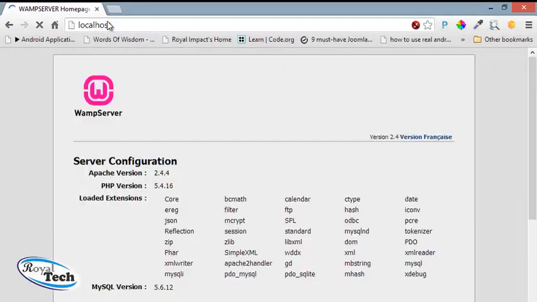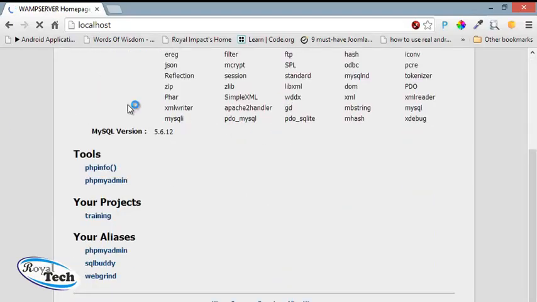Wow, it's still giving us that same page. What is wrong? Well, you have so many options here. If you scroll down, you see under projects you have training here, and you can click on your project,